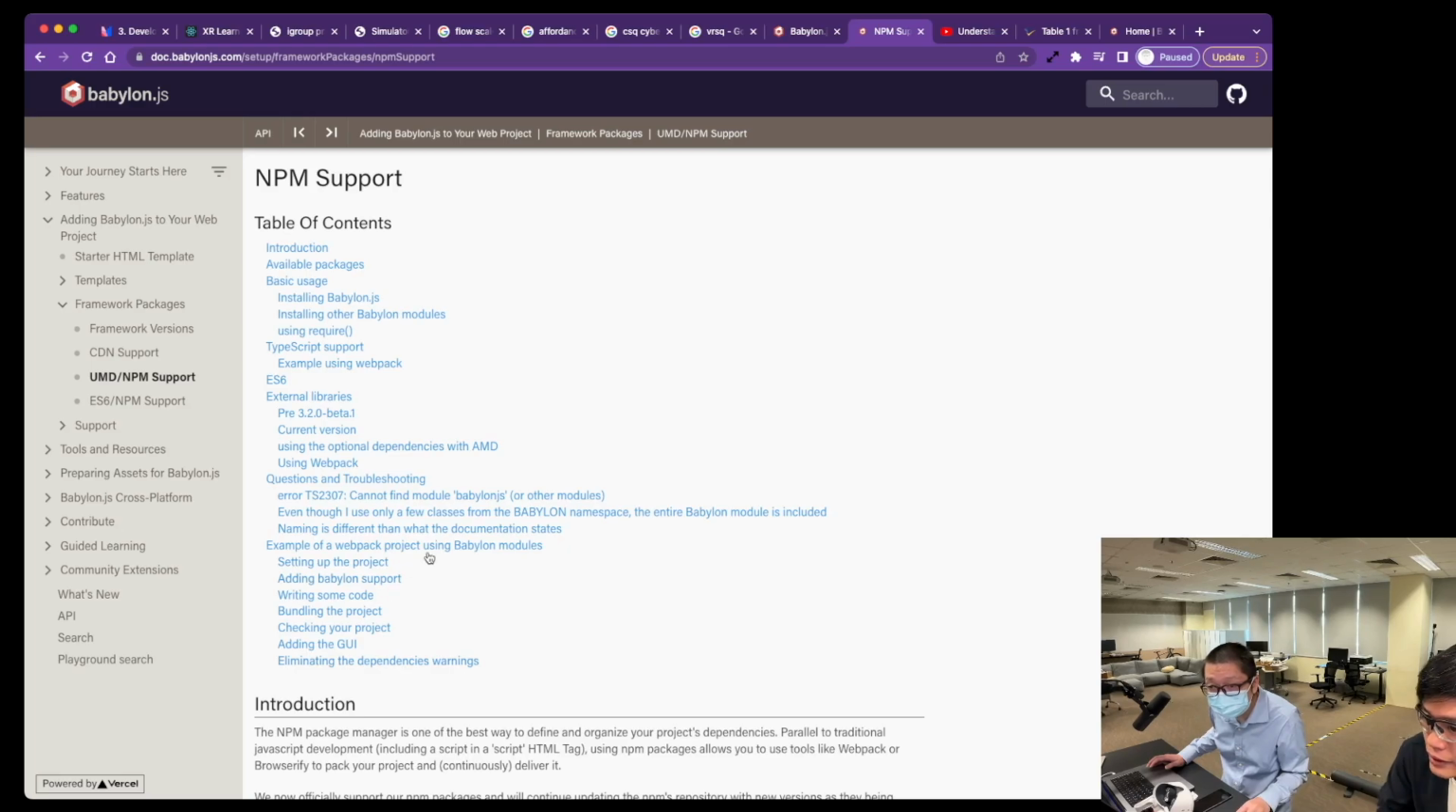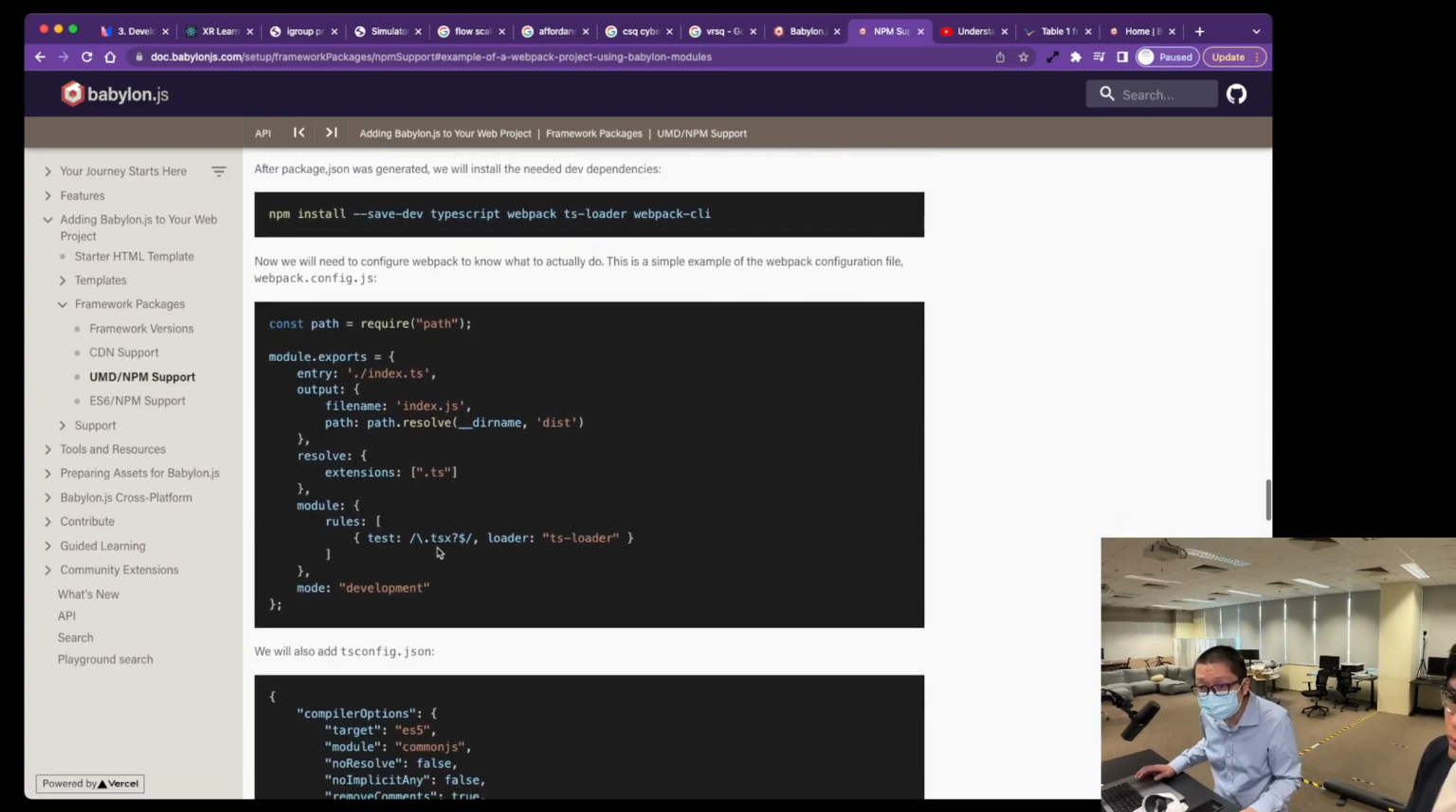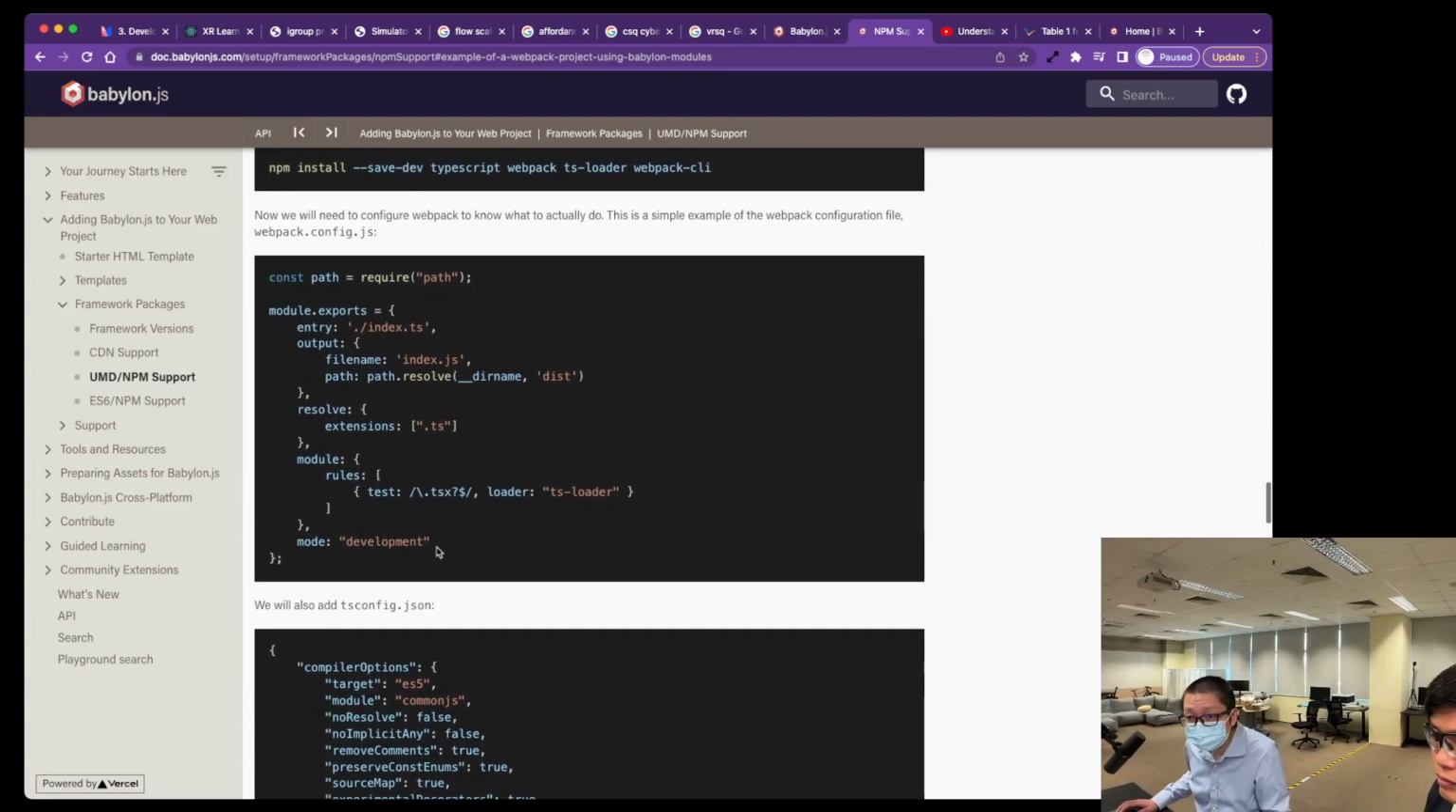Example using Webpack. Is that? Yes, I think that's what. Okay. So that's the